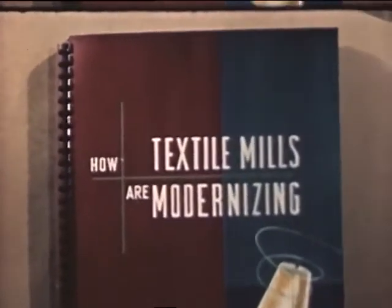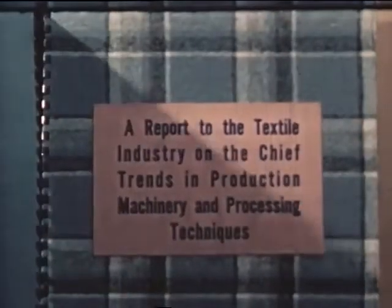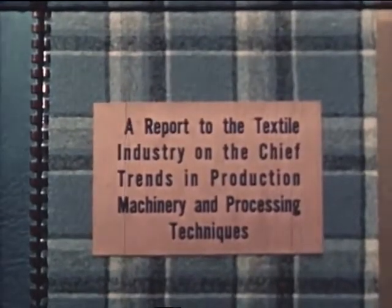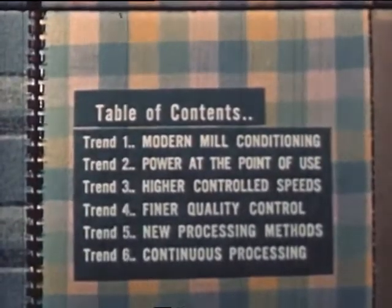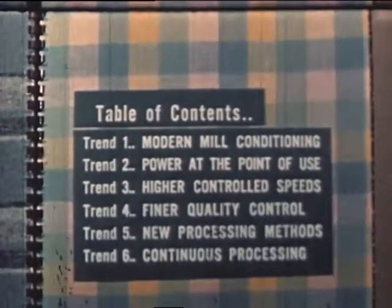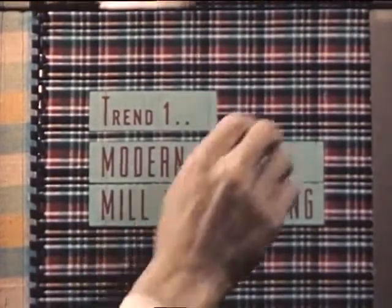This is a report to you, the textile industry, on how textile mills are modernizing. The report deals with the chief trends and processing techniques, illustrated by the latest equipment in America's mills and laboratories. Let's look into them, one at a time, to see what they have to offer each millman in the production of today's textiles. First, the clearly marked trend to modern mill conditioning,